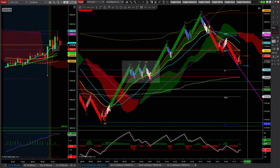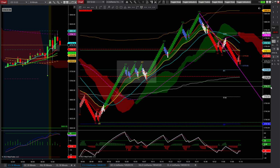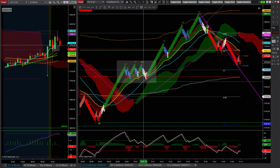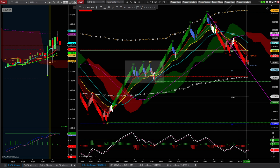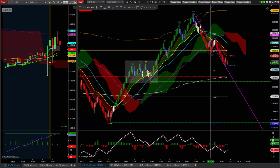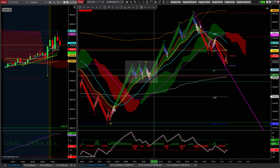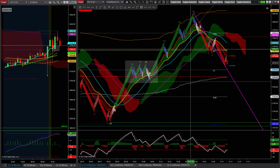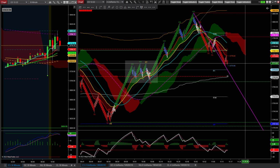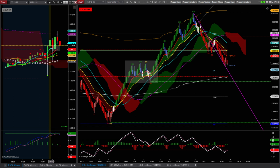But the market is very slow, so I need some more confirmation about this. I'm gonna give more space to this to see. So yeah, that one could be a good entry. Now the problem is this congestion area, so I'm gonna wait a little bit. It's also in between the opening range. I think that this one can go all the way down to the 50